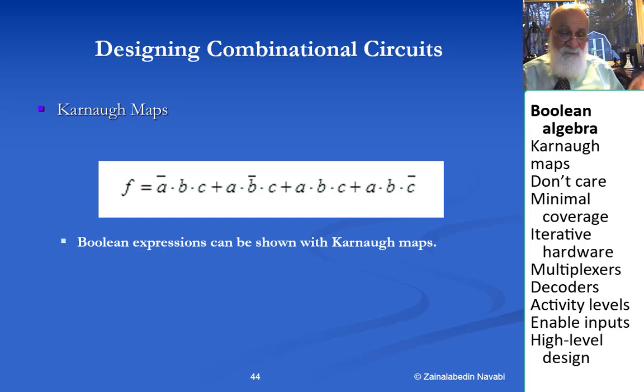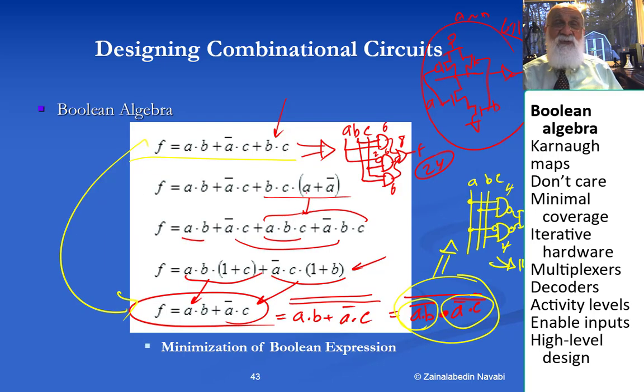Karnaugh Maps: we have Karnaugh Maps for a 3-variable function, 4-variable functions, 2-variable functions, and so on. We're not going to get into a lot of details of Karnaugh Maps, but we will talk about the basics of Karnaugh